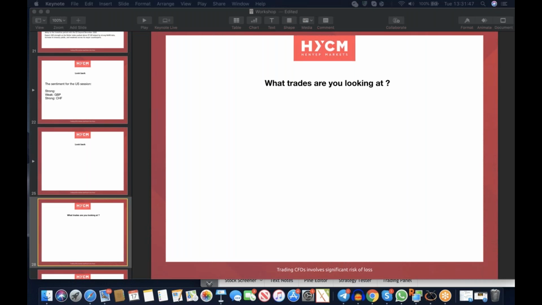And that's really the key thing to keep doing, is to be looking at strong currencies versus weak currencies. And then the other thing to look at is, yeah, pound US dollar. So let's look at the pound US dollar. Sean, are you looking at buying or selling the pound US dollar? What are you looking at?